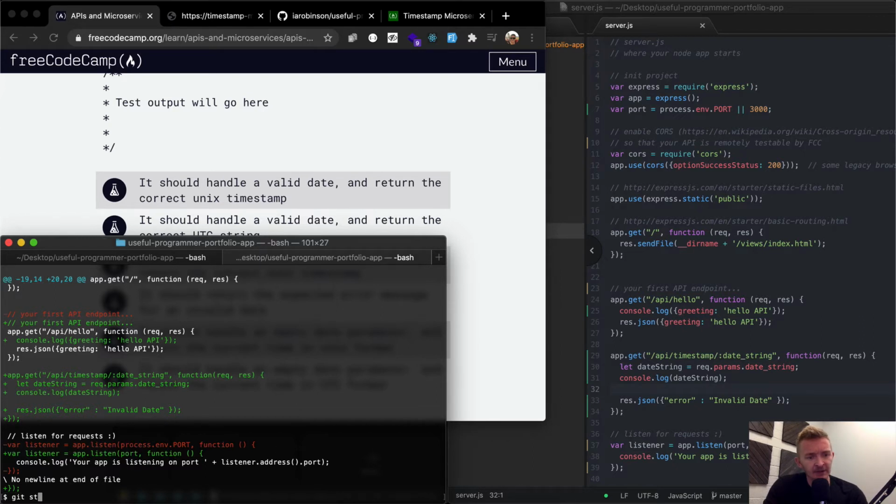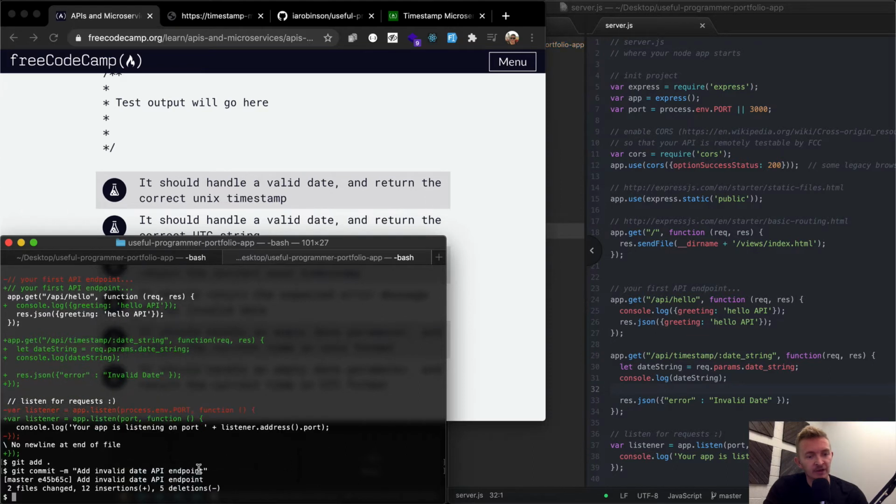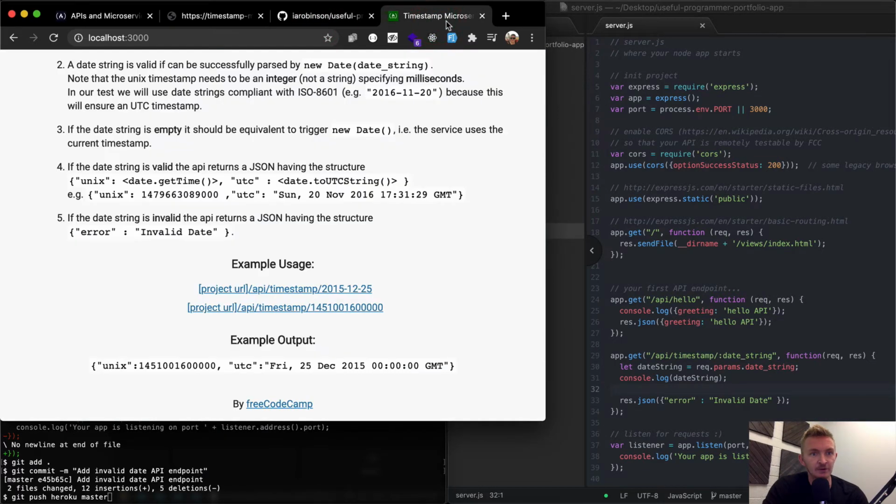Okay, so I wanted to add this, right? So git add, and say git commit, add invalid date API endpoint. Okay, so now that I've committed that, I can say git push heroku master. Because right now, if we were to go to our